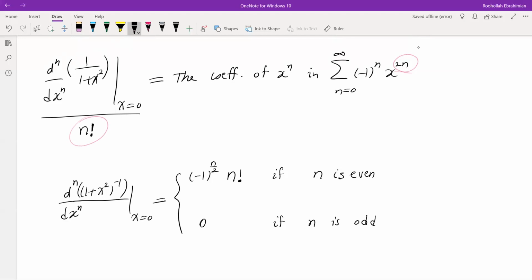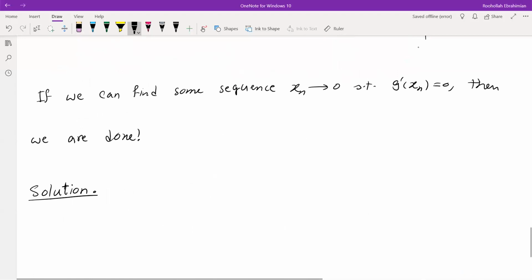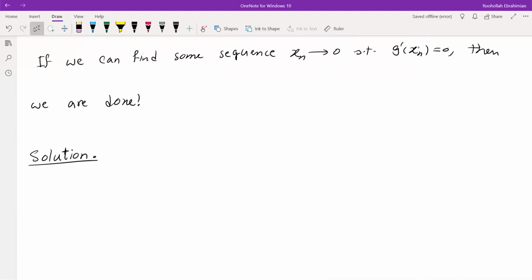Coefficient of x to the power of n is going to be -1 to the power of n over 2, x to the power of n. So yeah, this is the correct answer. So we're going to start writing down the correct answer. So here's what we're going to do. So we will show